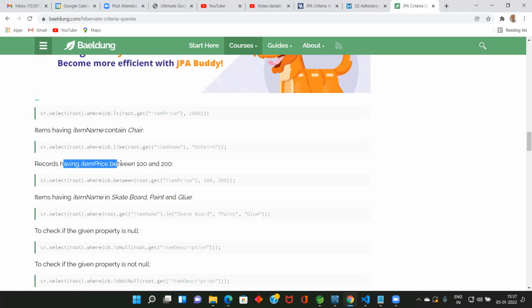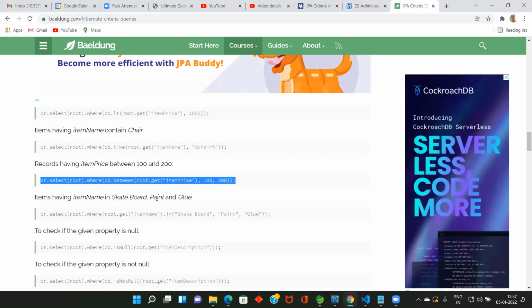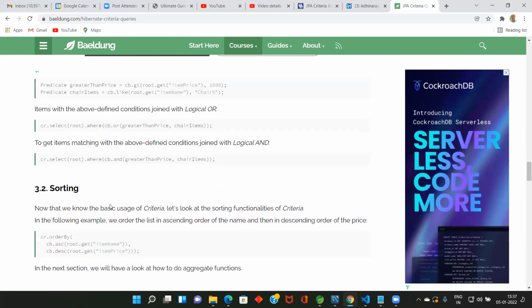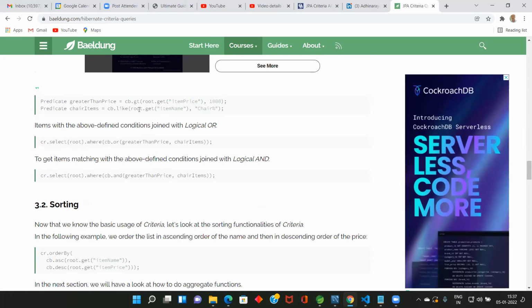Records having item price between 100 and 2000, you can express something like this. You are not writing a query, you are expressing the query in an object-oriented way. Items having item name in skateboard, paint and glue. To check if the given property is not null, the predicate is true or false.